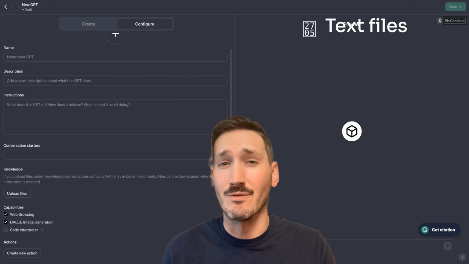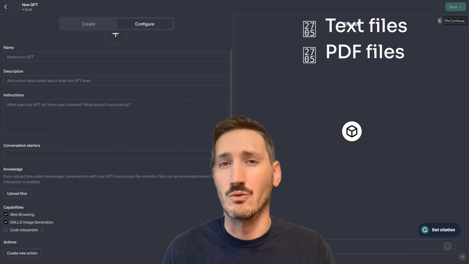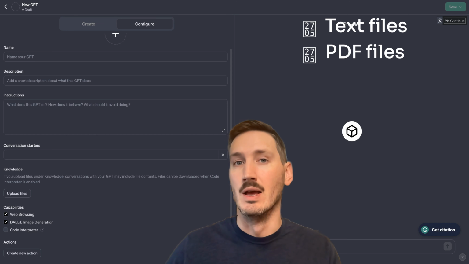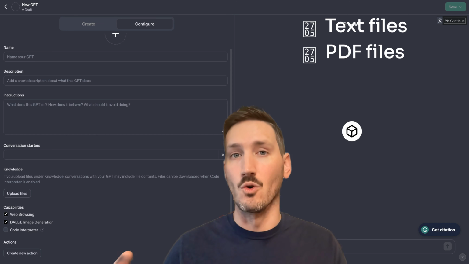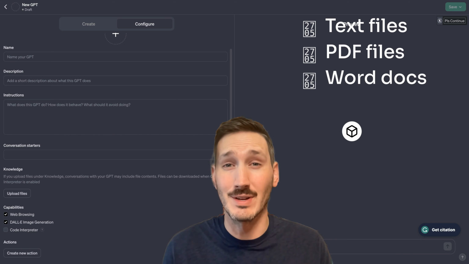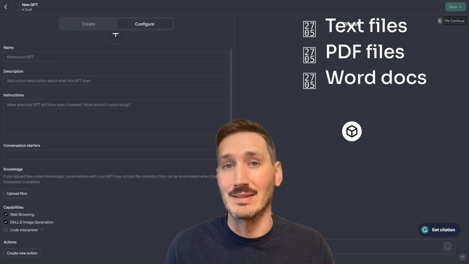This is great for straightforward textual type data. The next is PDF files, great for maintaining formatting of your doc. So ChatGPT can actually read the formatting. The next is Word documents. So this is excellent for more structured data. But make sure your data is very readable and clean in a format that ChatGPT can read to maximize the